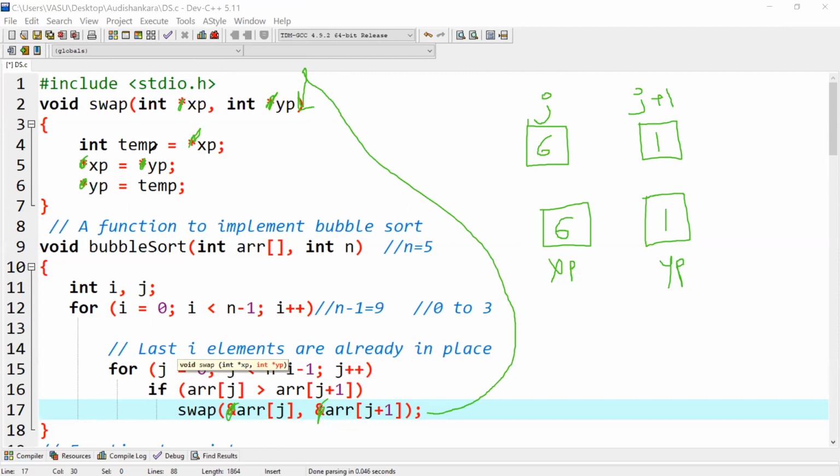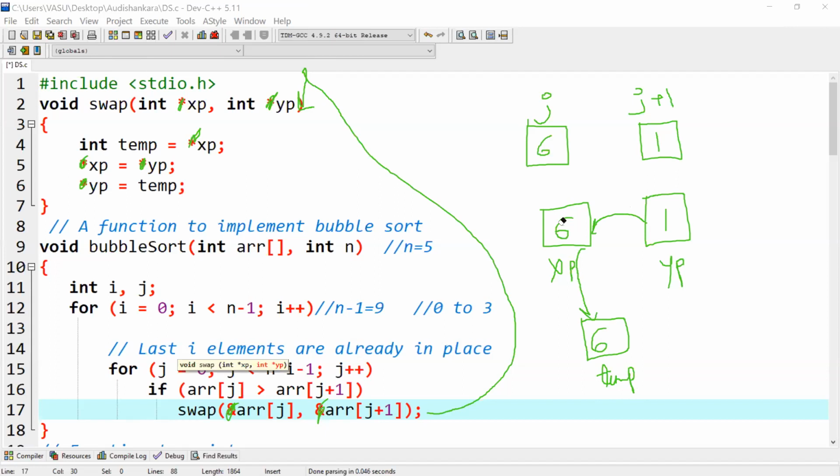And how am I doing the swapping? I am taking a temporary variable. Suppose this is my temporary variable. So what will I be doing? I'll put the value of xp inside temp. Here I will have 6 then. I'll put the value of yp inside xp.